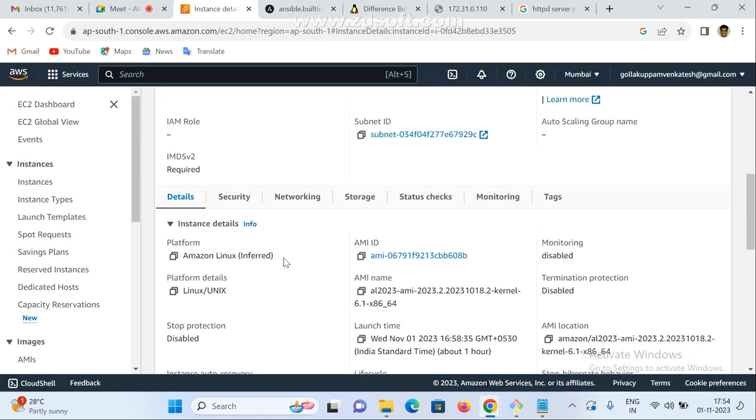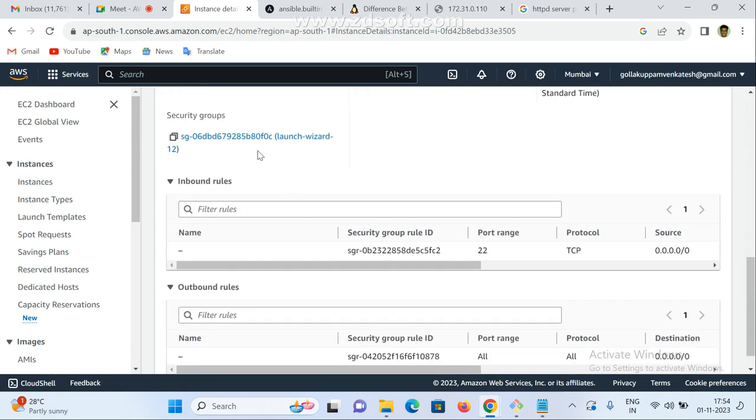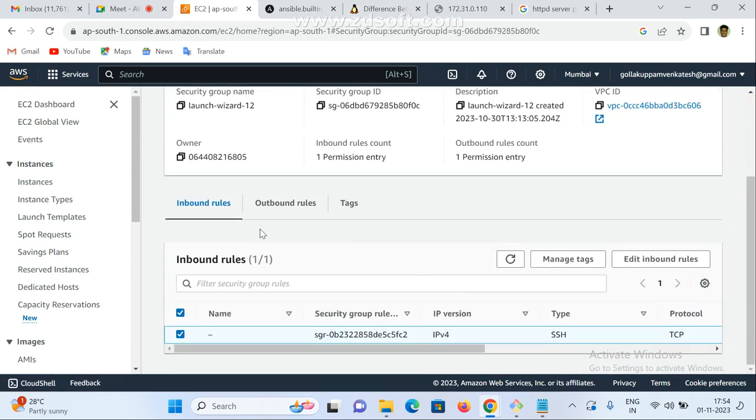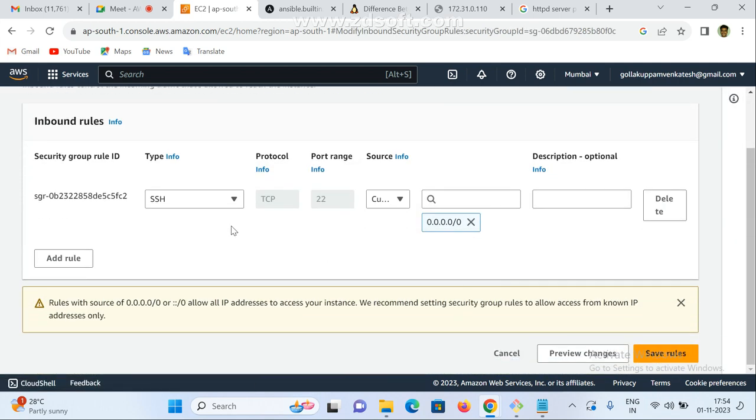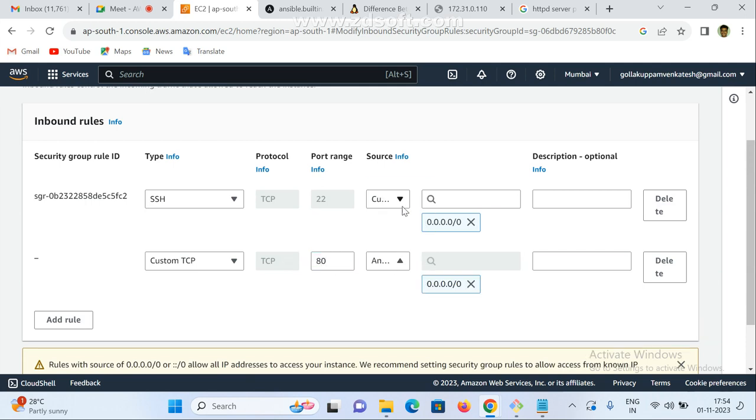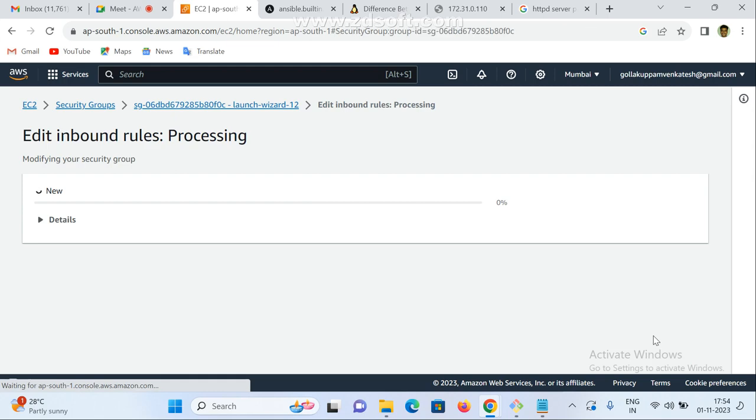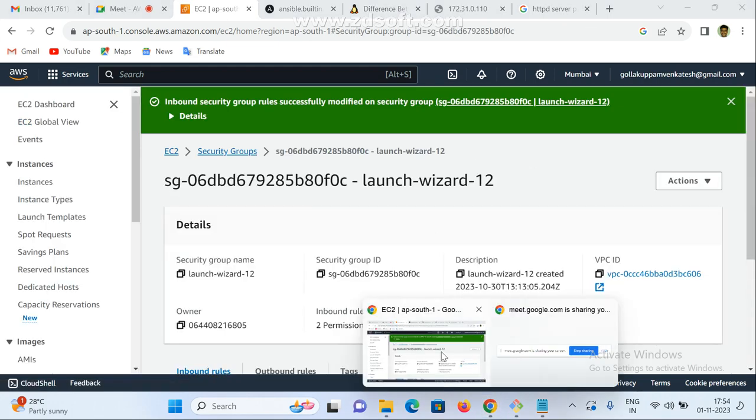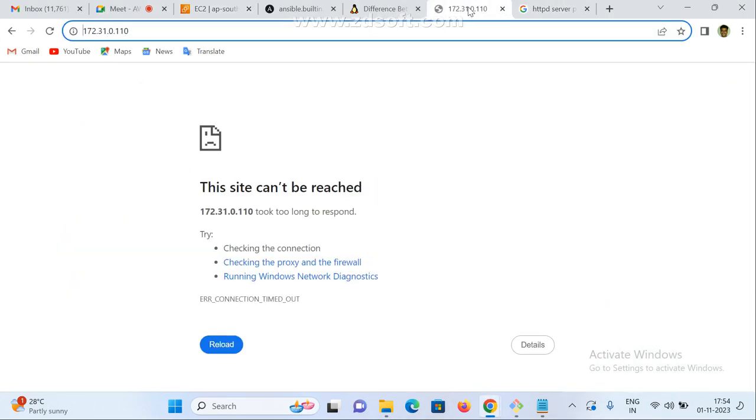Yes, sir. Let me check whether that port is allowed or not. Take the security group, go to inbound rules. Do we have that port number allowed? No. How to add that port number? 80, anywhere, save it. Okay, go to the browser, go to here, now refresh it,